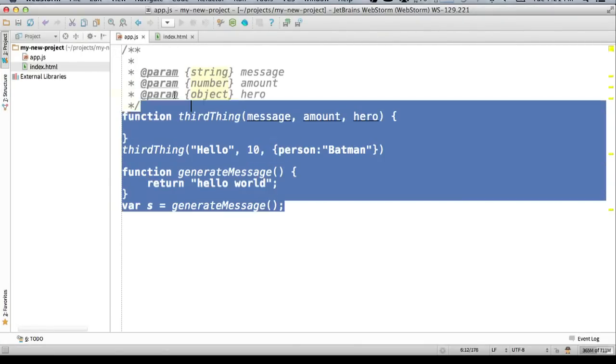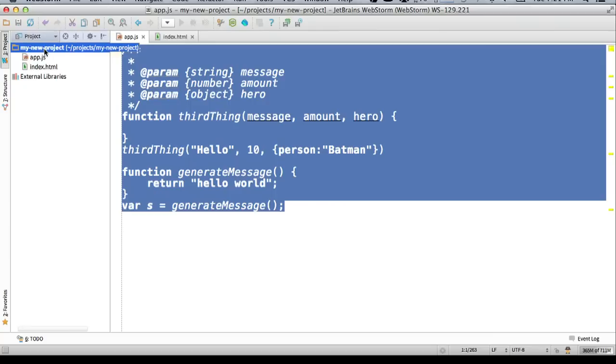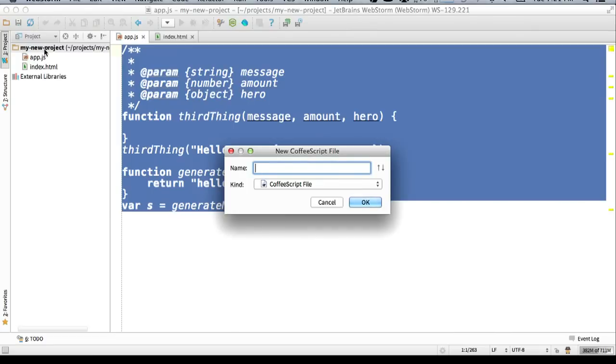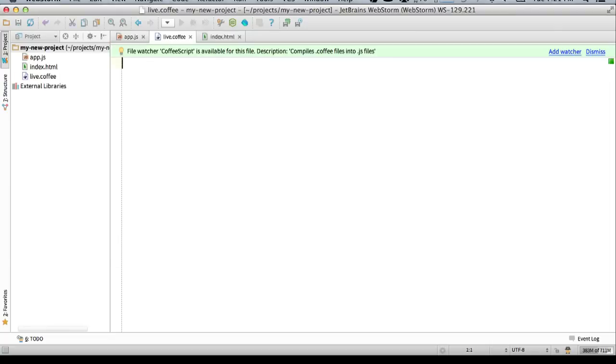So file watchers are a relatively new thing to WebStorm, in WebStorm 6. I'm going to create a CoffeeScript file here. If you do a lot of CoffeeScript in Angular, we'll just call it live. When you create a CoffeeScript file, it's going to say, do you want to add a watcher to this? I'll say yes, I want to add a watcher. Basically, that means it's going to start watching for any changes in these type of files and then run a tool